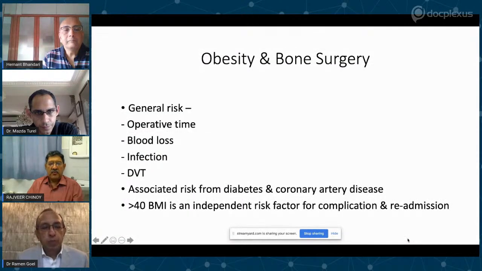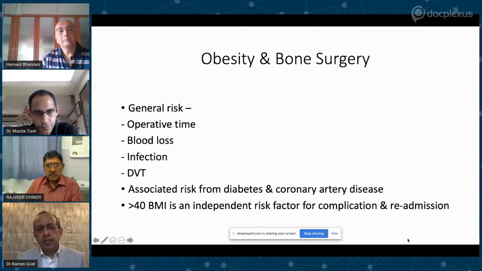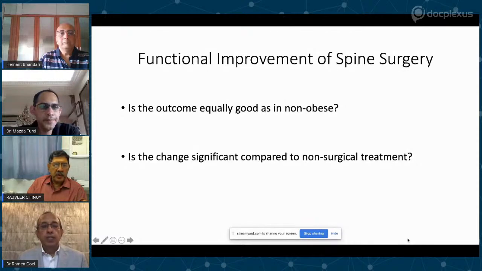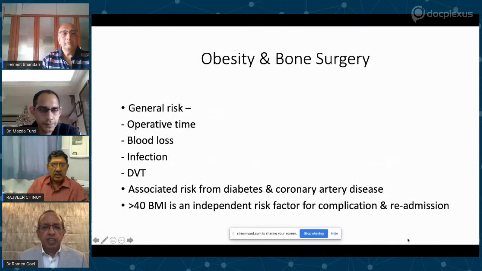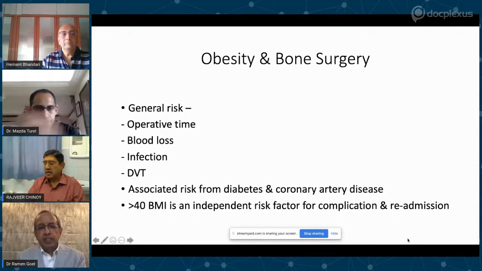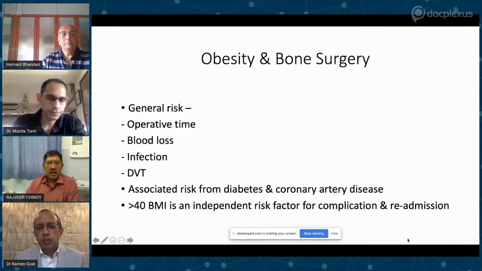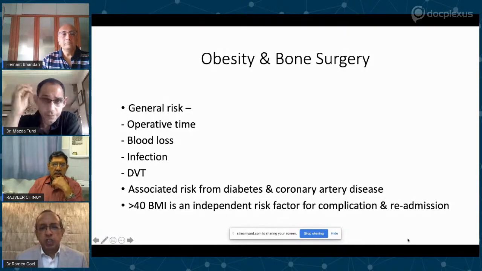Besides the risks that you have narrated, there are also risk factors from associated diseases like diabetes and breathing disorders. It is known that those with more than 40 BMI, morbidly obese people, are at risk for complications and readmissions. Can you explain this BMI thing? BMI is the body mass index, which averages out the height against the weight. Those who are 25 to 30 kg overweight are at about 40 BMI. Those who are significantly overweight are at a high risk for complications and readmissions